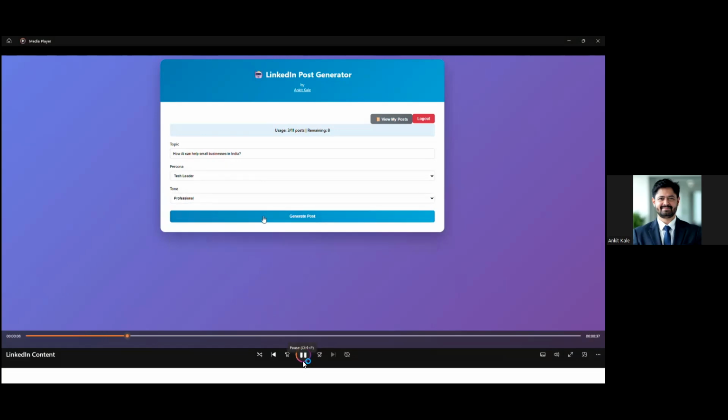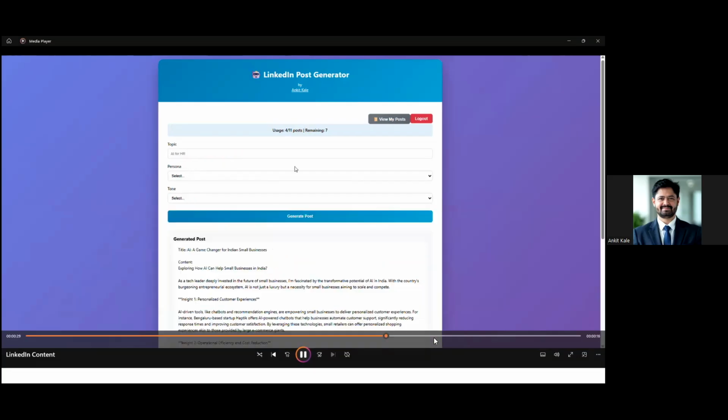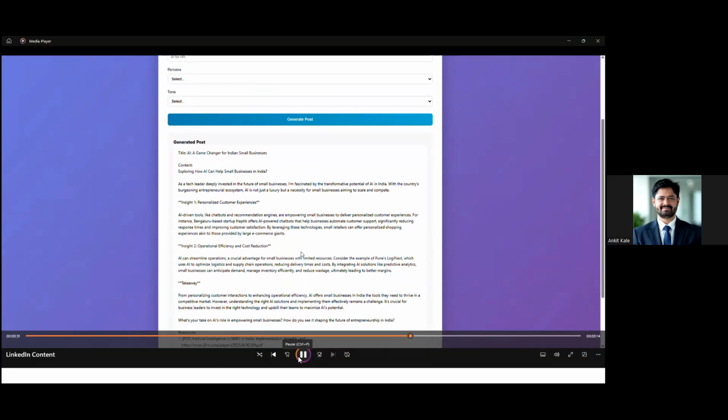Based on this, it runs automation in the background, and within 10 to 15 seconds your post gets created. I'll just fast forward it. The post gets created in the background just based on the defined structure. After some review, the post can be posted easily. So this is another automation.